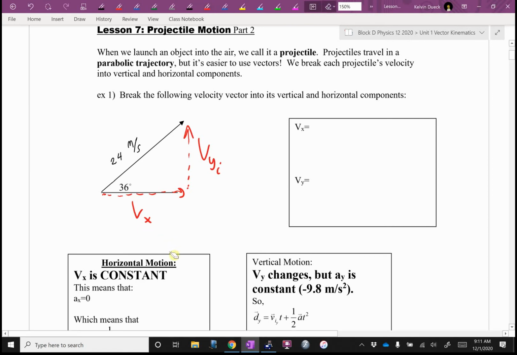Vx is constant because Ax is 0. Vy is changing, so the initial will be different from the other velocities. Any chance I get to reinforce that? By the way,